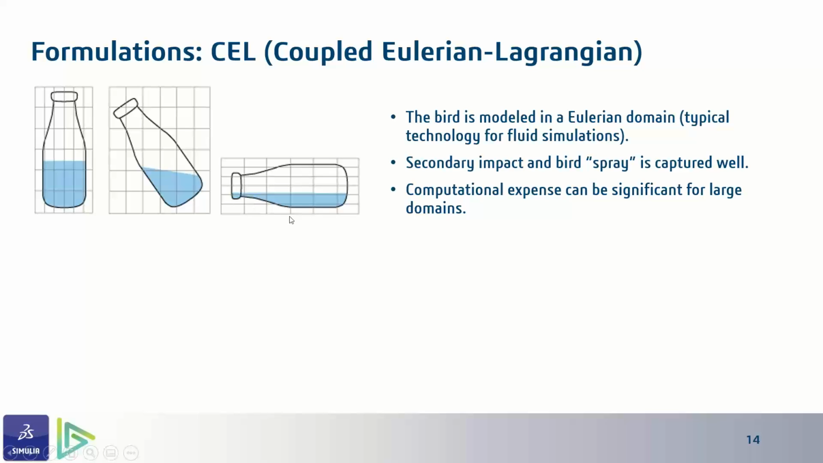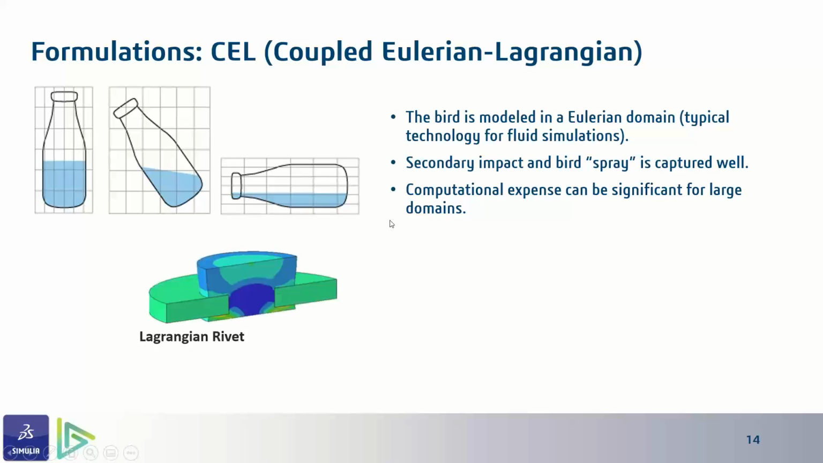This method usually means that the material flows through the mesh and the mesh is not distorted. And this allows for simulating high distortion problems with ease. So I'll give an example of the rivet here. So the goal of this simulation is to determine the strength of the riveted joint, including effects